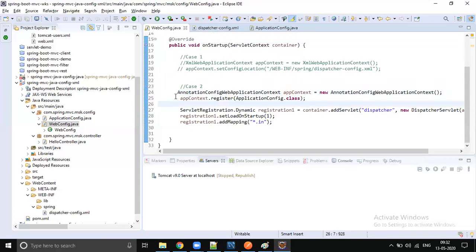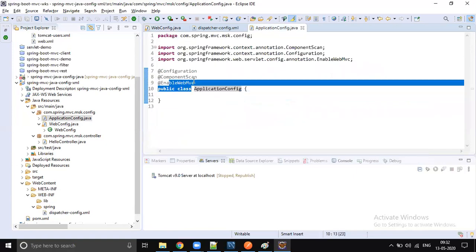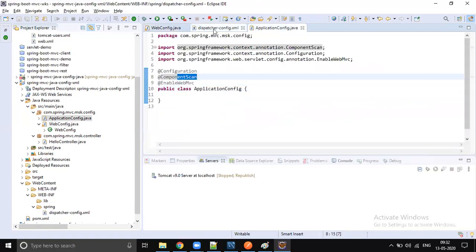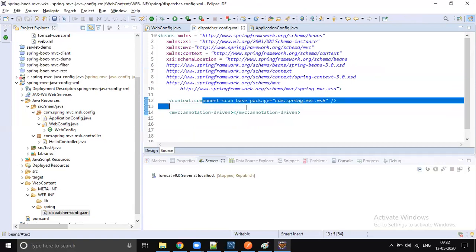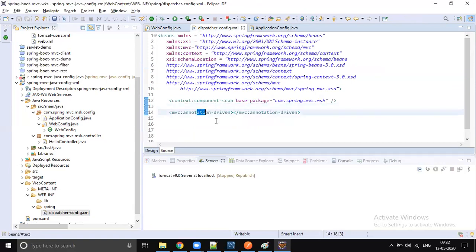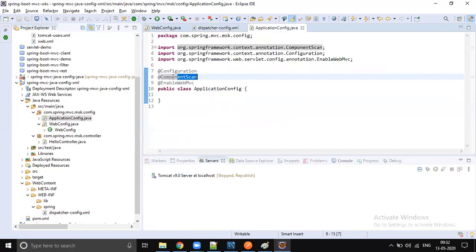No servlet, no web.xml file, no Spring configuration XML file. It's pure Java, everything, right? It's a full Java annotation, but make sure your Java annotation is enabling Spring Web MVC and component scan. That is what we did in the XML configuration also: MVC, component scan, and MVC declaration enablement. At least you must add these two annotations: component scan and enable MVC.